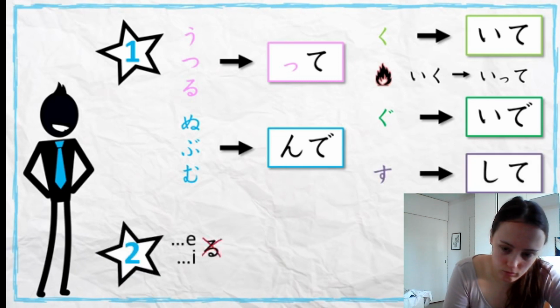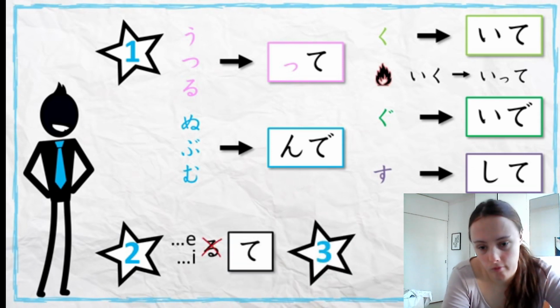For group 2, we just replace the final ru with te. In group 3, suru becomes shi and kuru becomes ki. Then